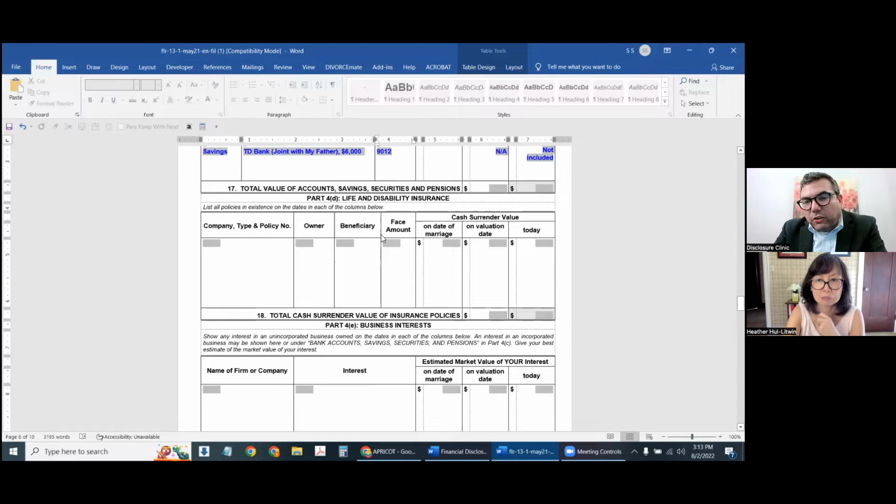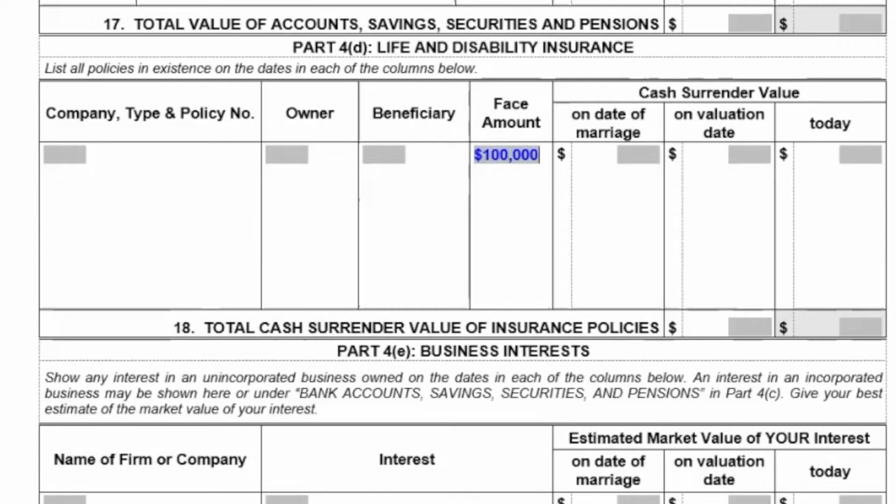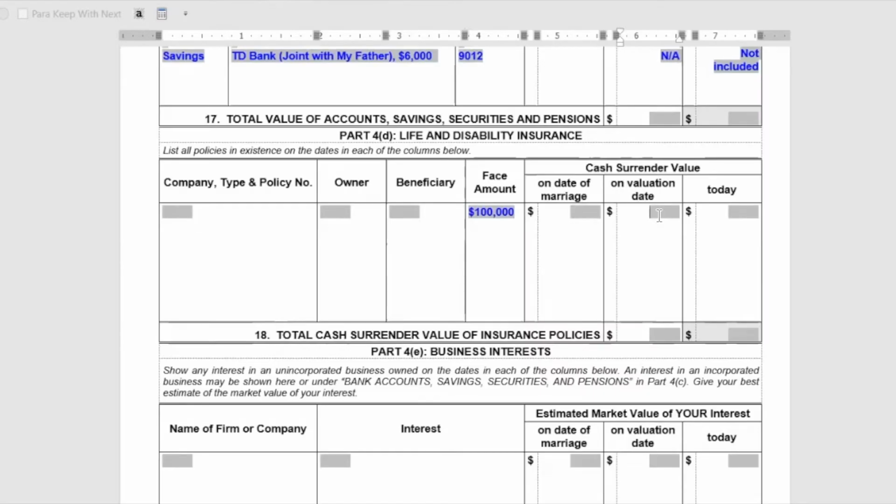What I would just want, for the purpose of filling out the form, is what you would get if you die or if you become disabled. That goes under face amount. So if you were going to get $100,000, you put it here. You don't put it there. The term cash surrender value has a real meaning in the insurance world, and it refers